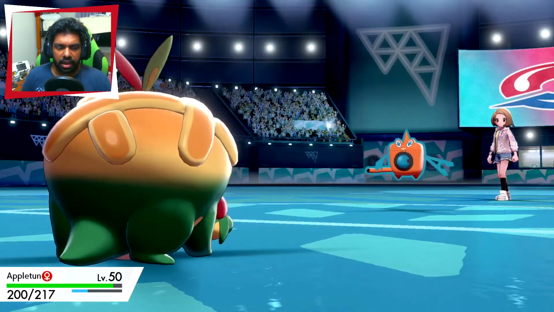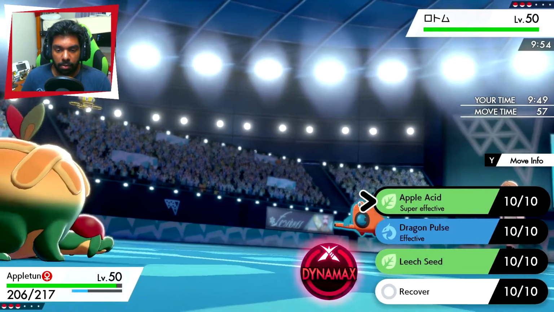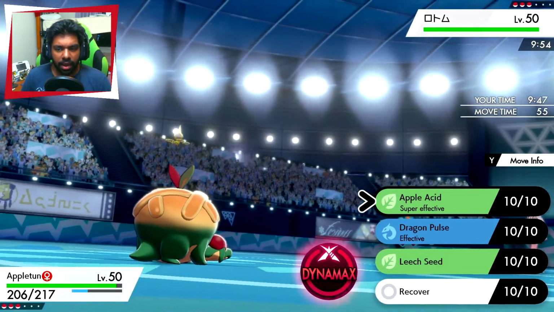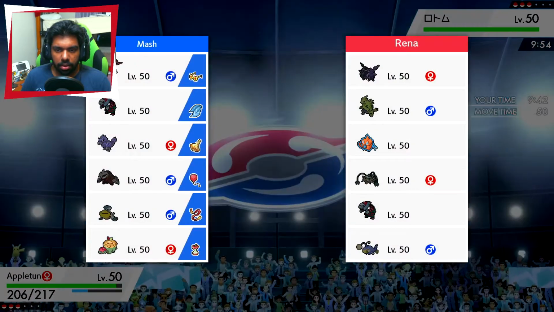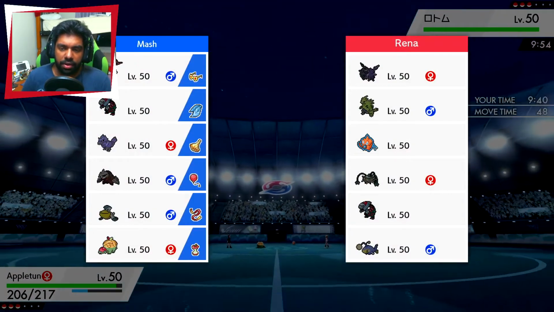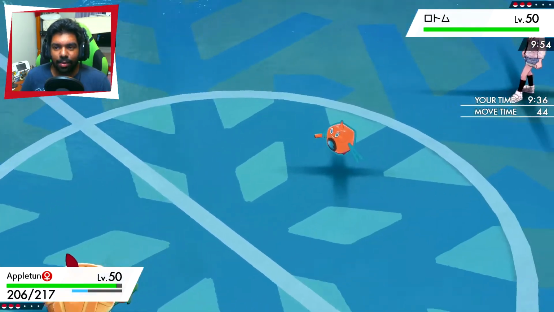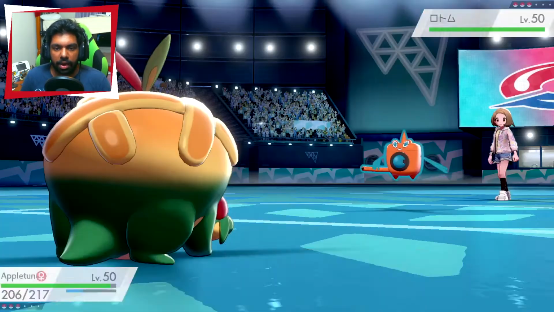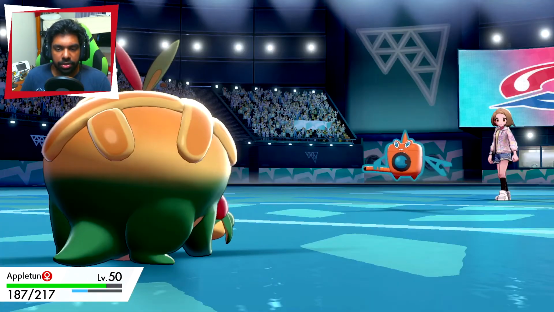And I can just sit here and click Apple Acid. Because it's obviously super effective, and it's going to give this Pokemon big problems. I think potentially, though, I might actually just want to hit... if he goes out into Ferrothorn, then he'll catch the Seed. So I'm just going to click Apple Acid. We're not going to take any damage this turn anyway, so we can Seed next turn. I just don't want to waste that turn. There we go, Volt Switch. We can do absolutely 0 damage. And they're going to come out into...